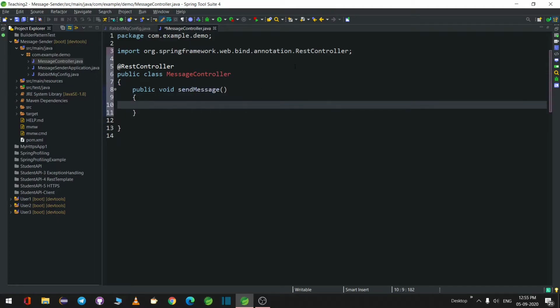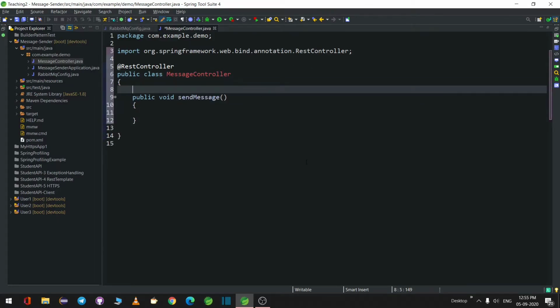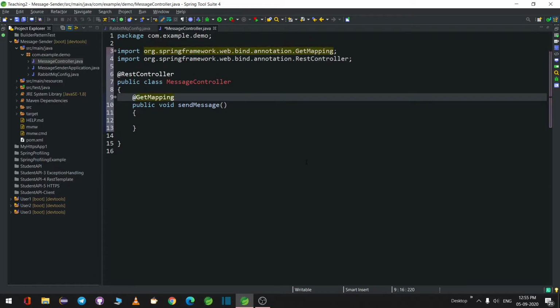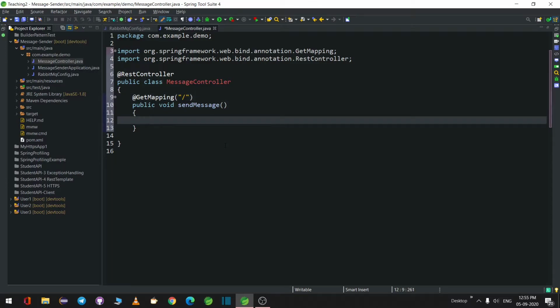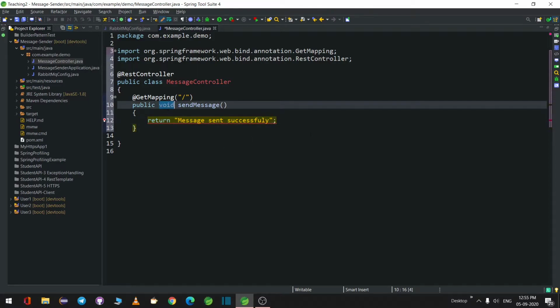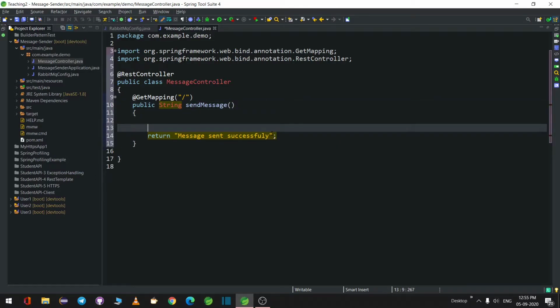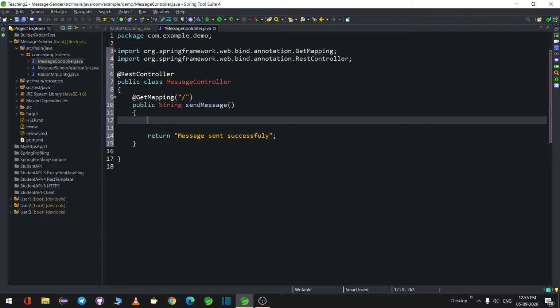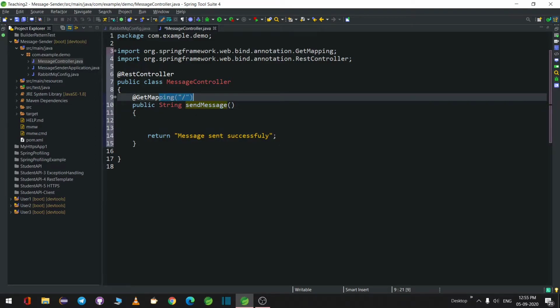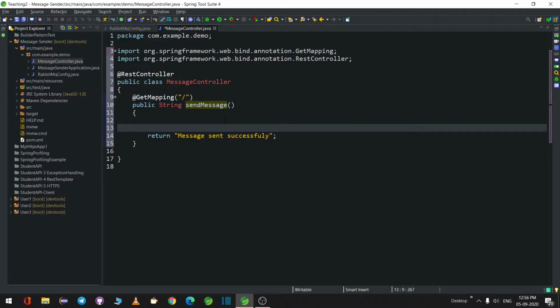So @GetMapping, and as of now I'll say return "message sent successfully". So this should be String. So from here, when the request reaches this sendMessage or this GetMapping, then we have to send a direct message to the users.